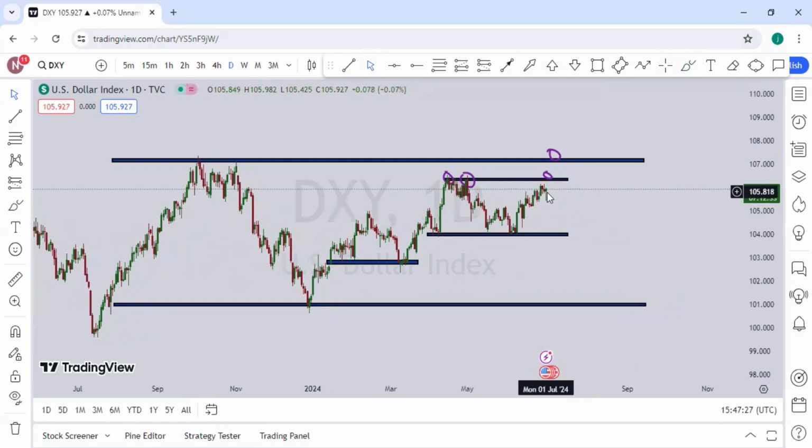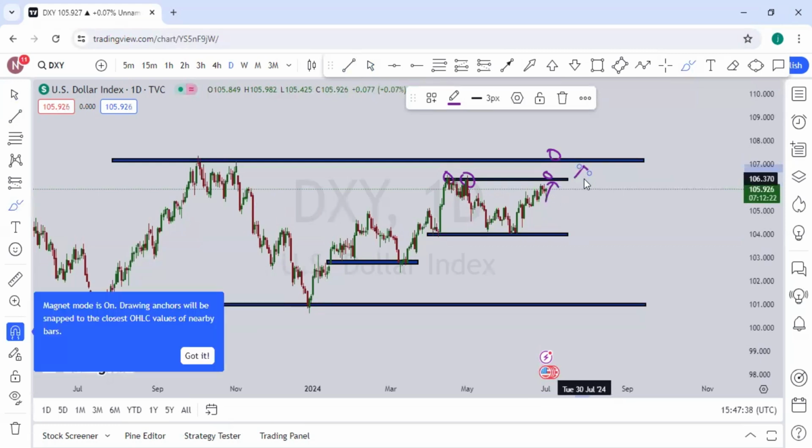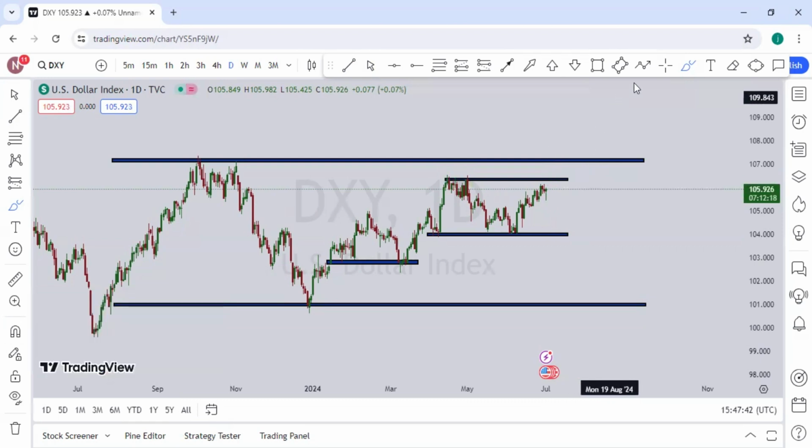So I'm expecting two things. I'm expecting to see a reaction at this minor level or this major level. Those are the two areas where I'm expecting to see any reaction. So what I'm expecting next is the market to